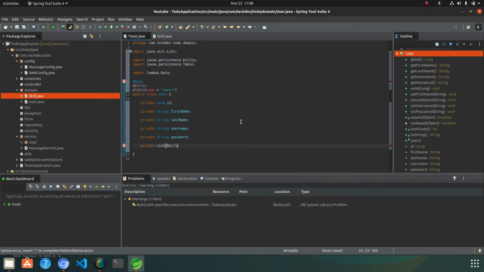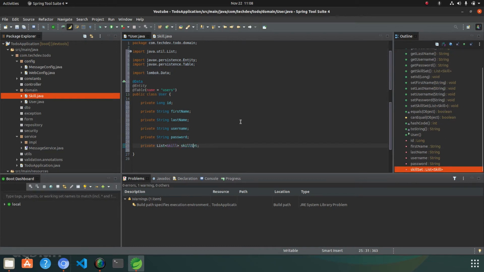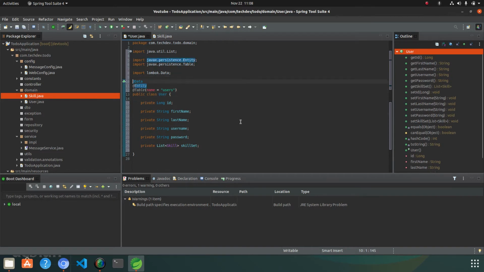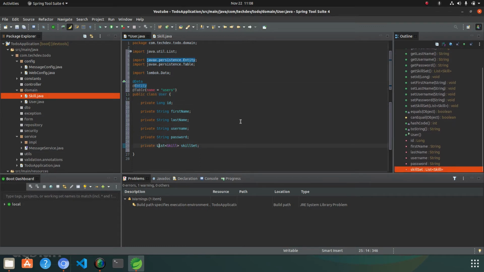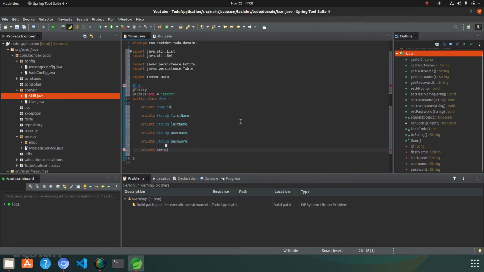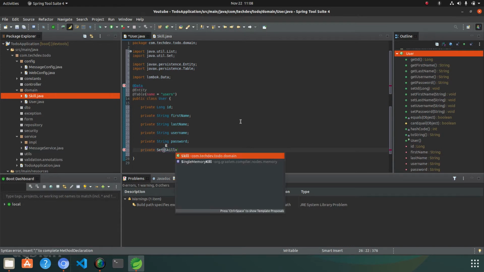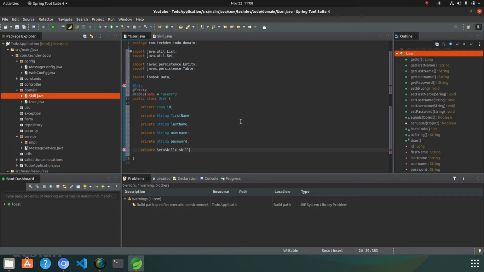So we will add a set of skills instead of a list, because a list can contain duplicate skills, so we should use a set of skills, skillSet.